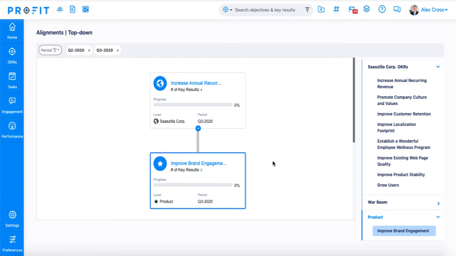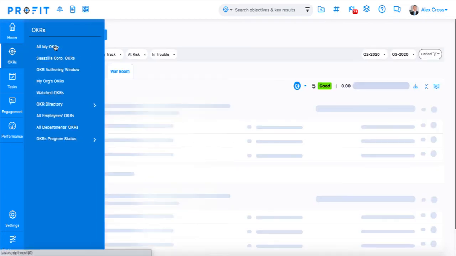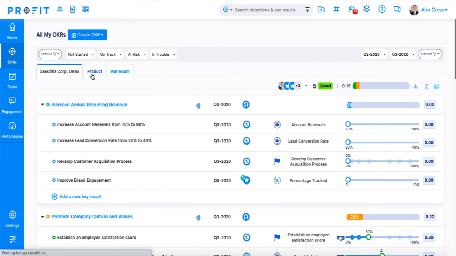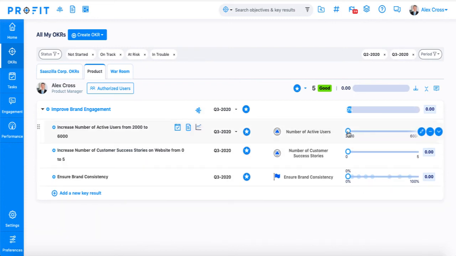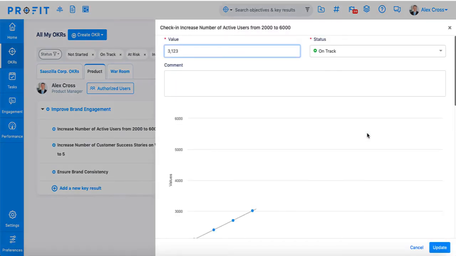Once your OKRs are all set up, aligned, and ready to go, we can then start the check-in process. This is where you'll input your data and show the progress that you've made on your OKRs towards achieving your objectives. To make a check-in on a key result, drag the slider over to the value you'd like to place it at. The check-in window will then open where you can input the exact value, the status, and any comments